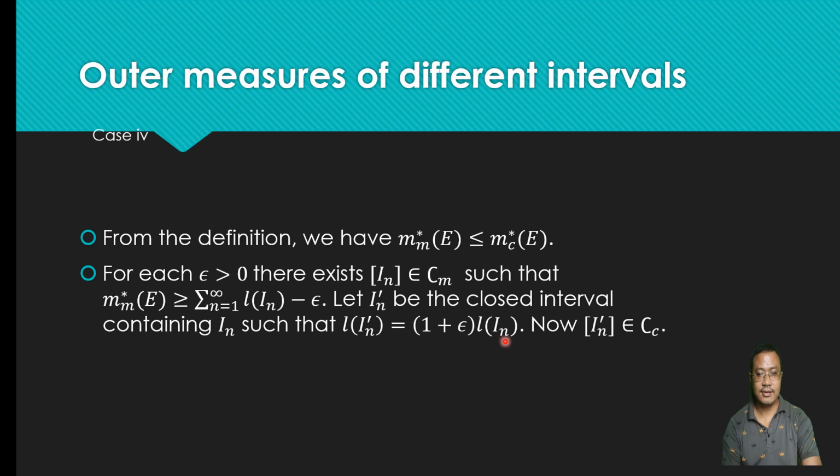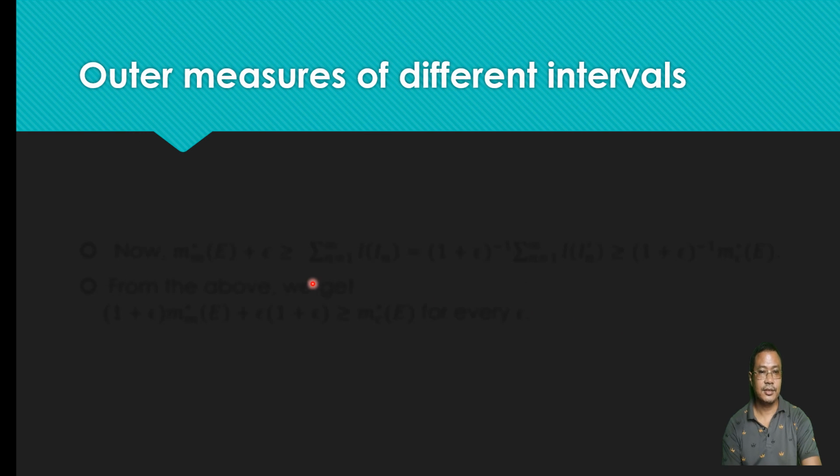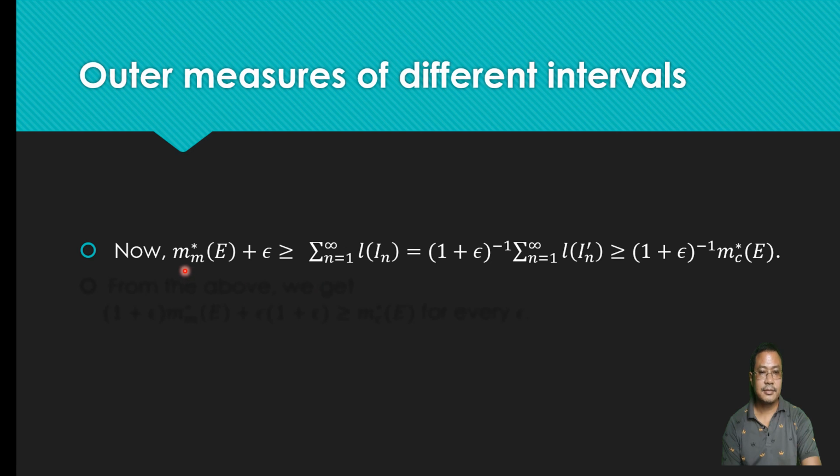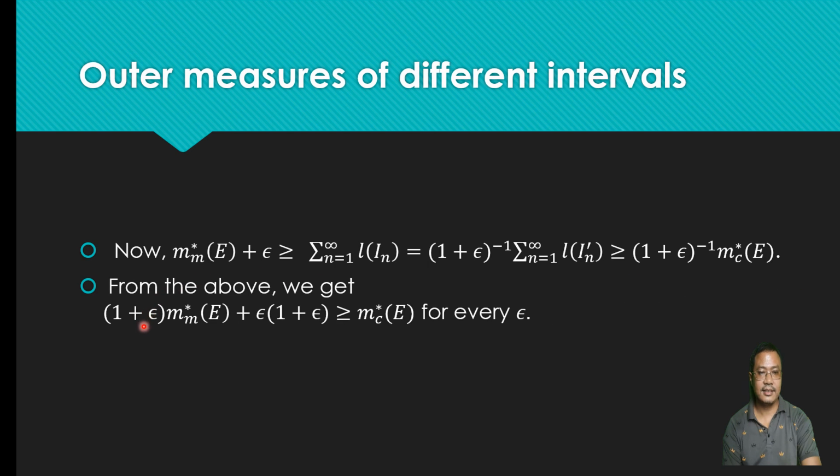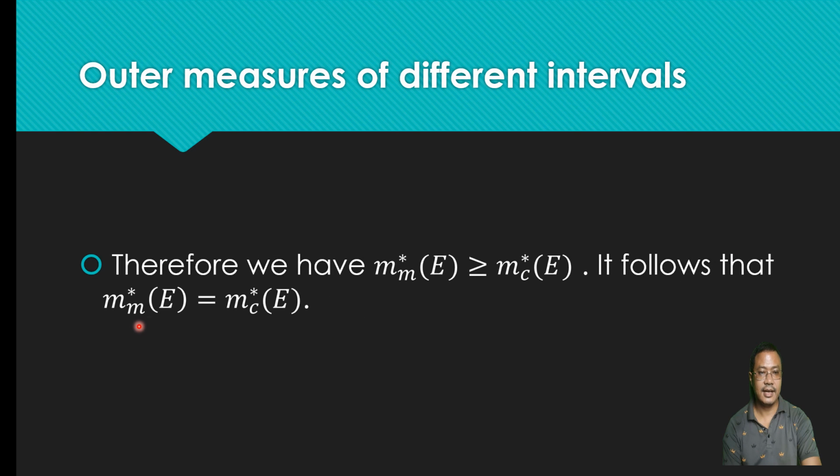So if you want to find the length of the whole interval, you can get it by dividing this interval by 1 plus epsilon. So now this interval cover is a member of C_C. And this one, m star of M_E plus epsilon, will be greater than this one. You get this inequality. As usual, you will get this inequality for each epsilon, and then you have this inequality. So it follows that this is exactly equal to this one. Alright, so